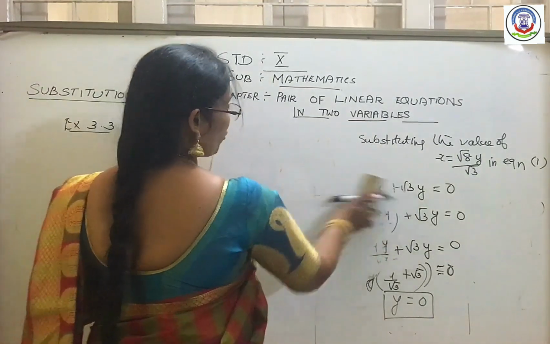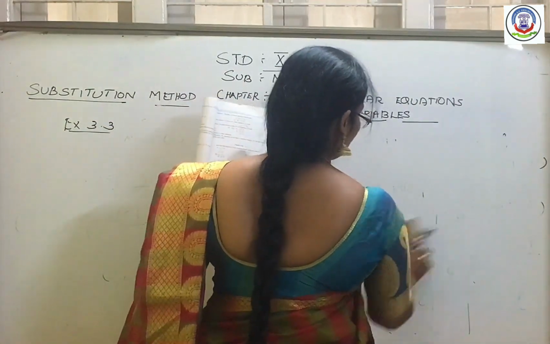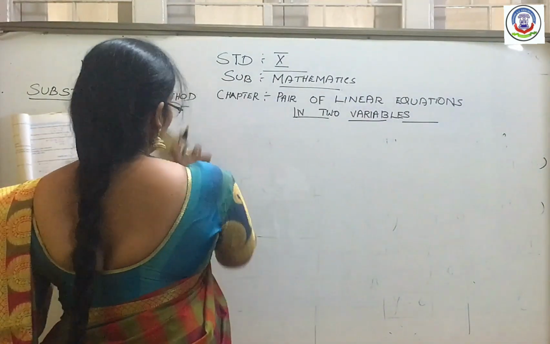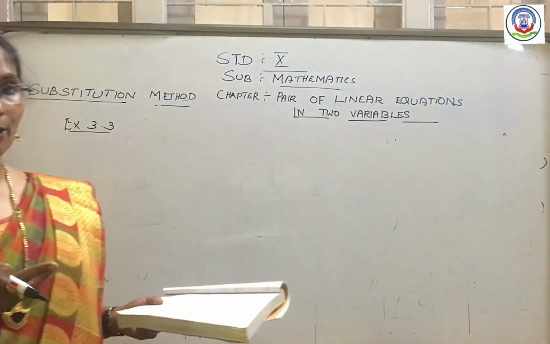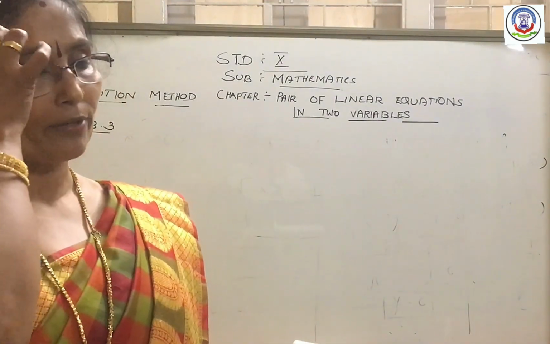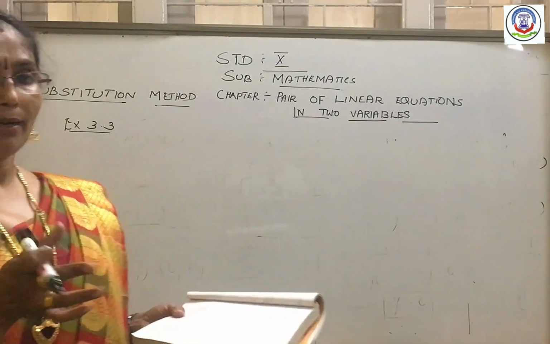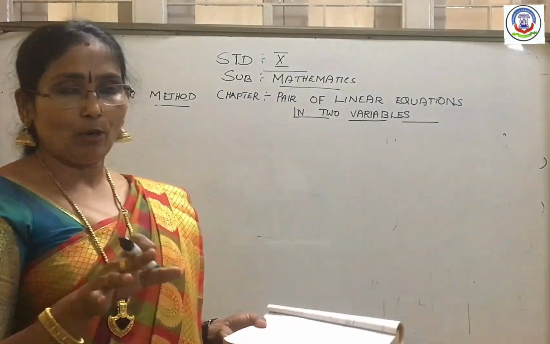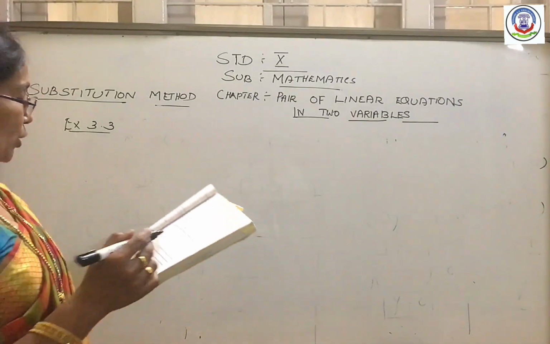First of all, you have to solve that equations by substitution method. Because here unless and until any method is mentioned, you can opt other methods also. We are going to solve other methods also, we are going to solve the x and y values. But till now we have learned only substitution method. Therefore, I am solving by that method only.